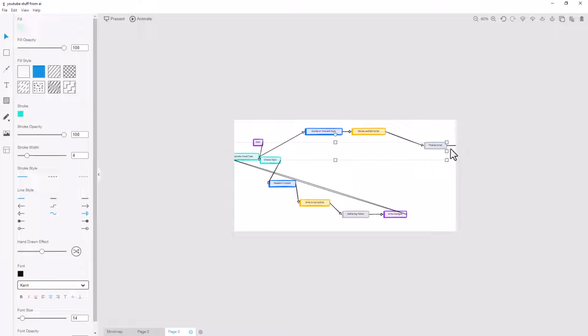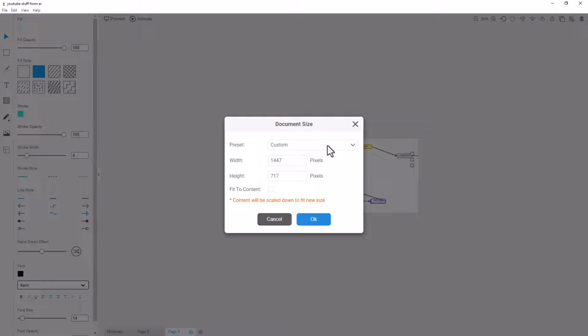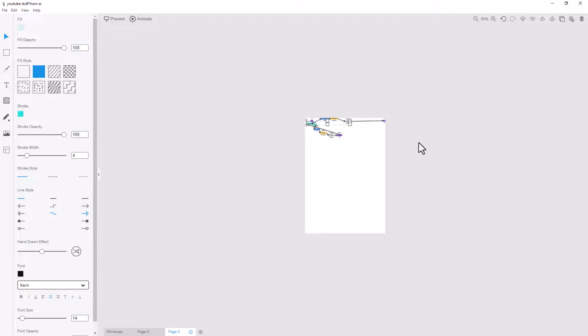When it puts all those things in left to right, it's not particularly good because some things are going to go off the page. There's probably a way to fix that in SketchWow. No, I think document size. I probably need to go to A4. No, so you may end up losing things. You might be able to get them back. I'm not going to fiddle with that today.